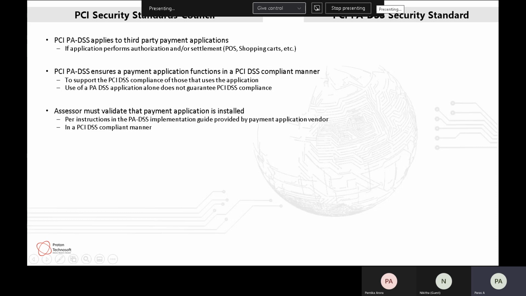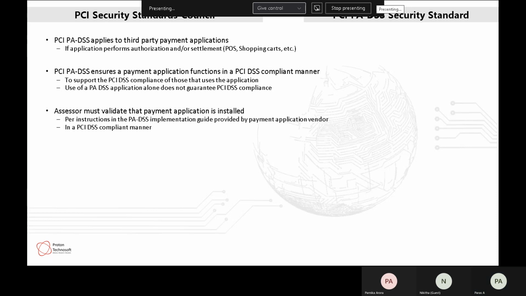Similarly, when we go to, let's say, a Shopper Stop, they have monitors. So they take our card, they swipe it on the monitor itself. That monitor is a point of sale device, a POS device. So when they swipe the card on the monitor, they are basically storing our card data as well on their machine or on their systems. So those POS machines have to be PADSS compliant software as well.